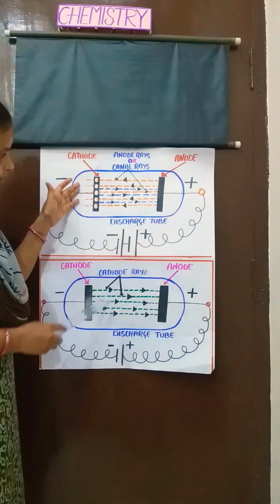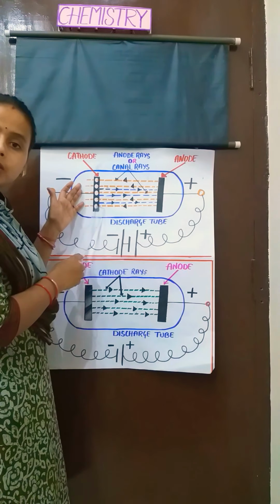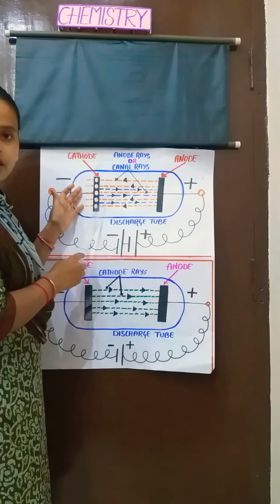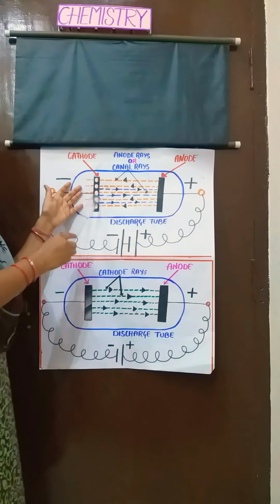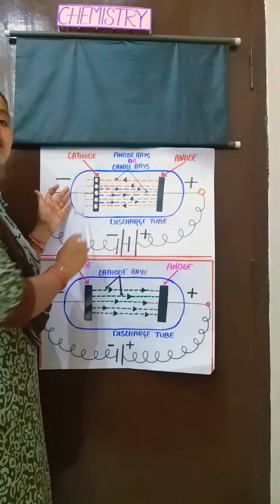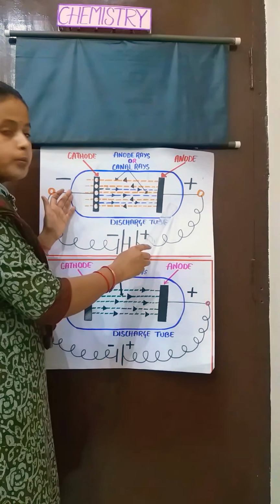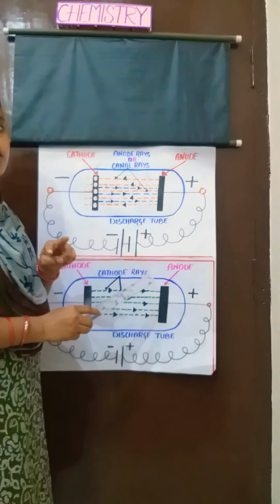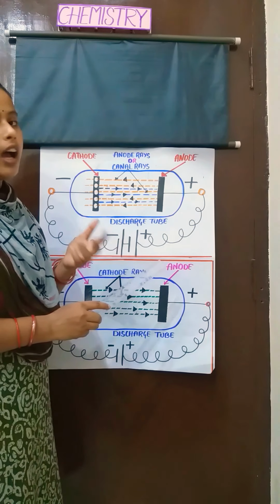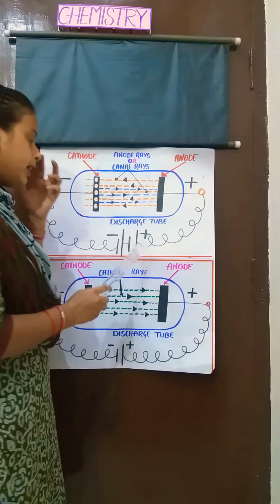Here you can see. Now the question is, what is a perforated cathode? It is a cathode which contains holes, right? So class, again he filled the gas inside the discharge tube and passed the current through the tube at the same two conditions: the first one is high voltage and the second one is low pressure, right?